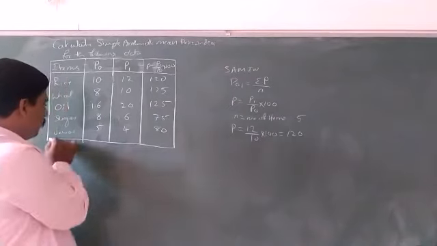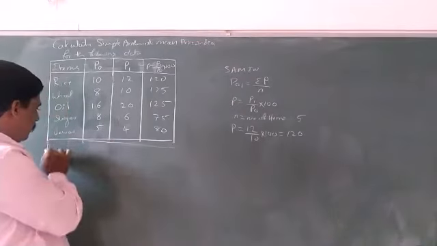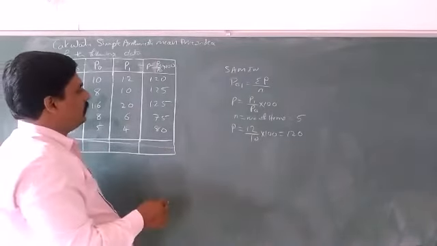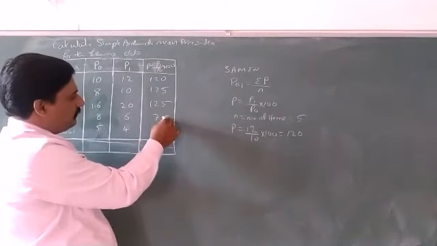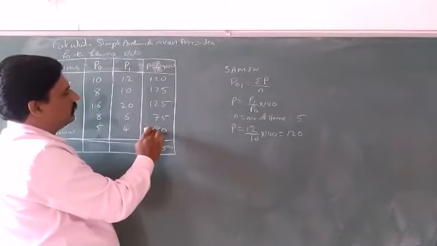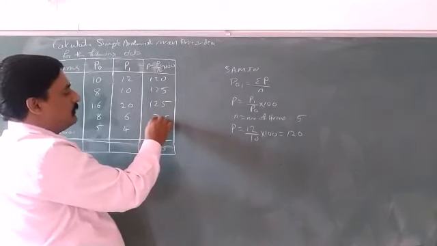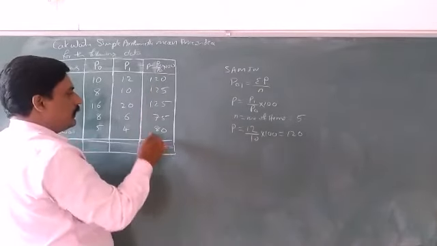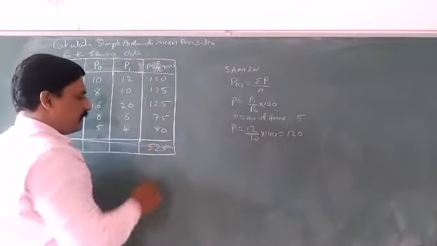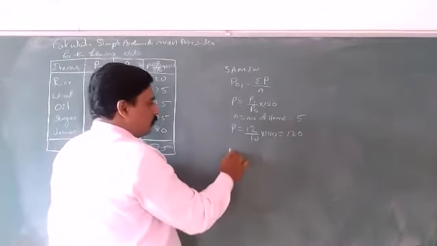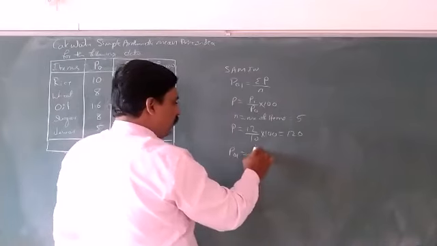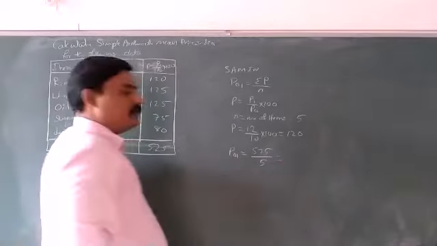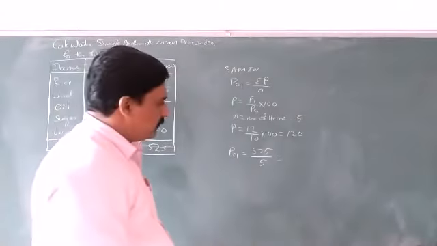Now let us make the total for this column. We need a total of the P column here. So 120 plus 125 plus 125 plus 75 plus 80 is 525. So P01 is equal to 525 divided by N, which is 5. So 525 divided by 5, we get here